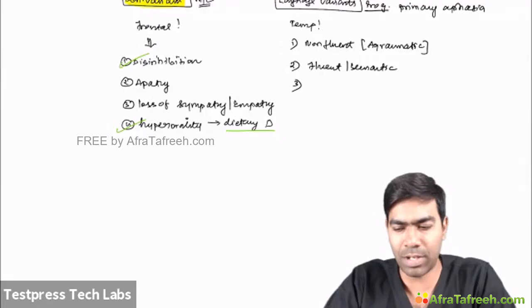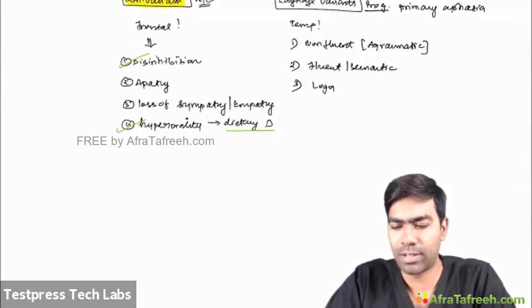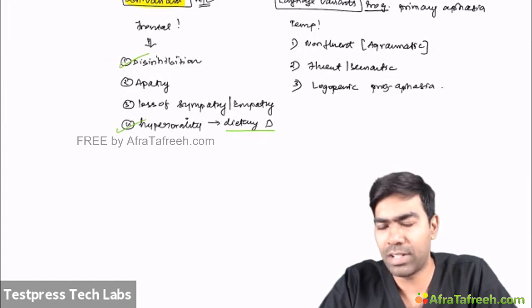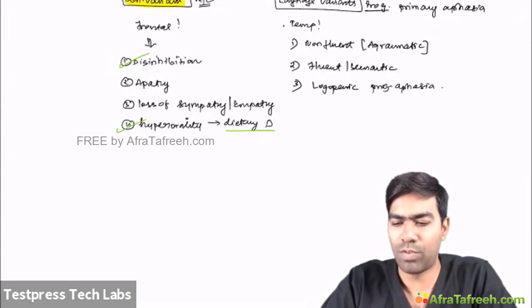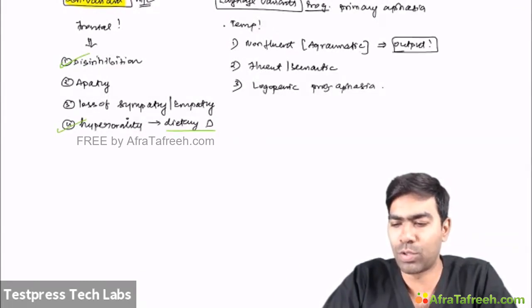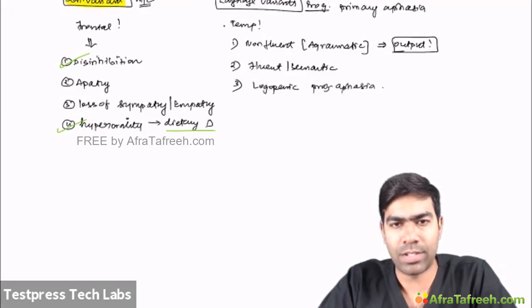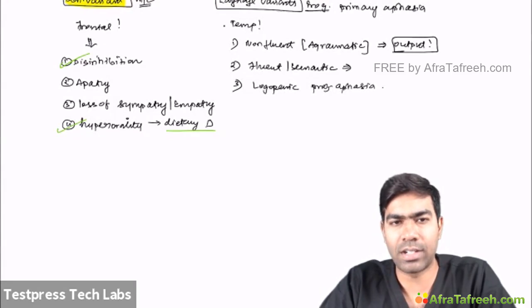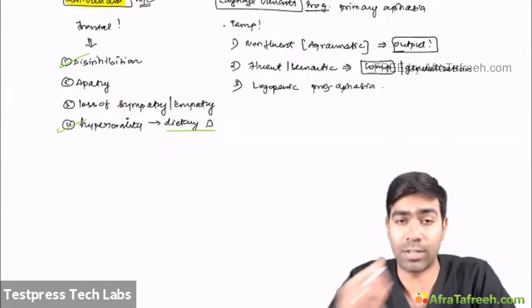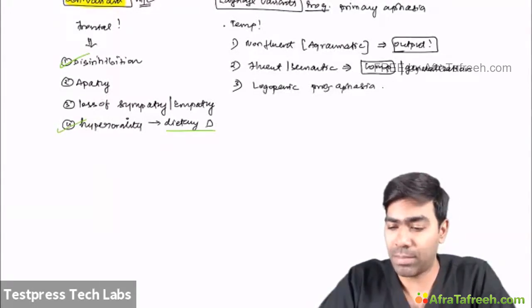Third variant, which is coming up now, is the logopenic variant, logopenic progressive aphasia. Here the main problem will be repetition difficulties and naming difficulties. So non-fluent output will be the main problem. This is the most important problem in non-fluent aphasia. As far as the semantic variant is concerned, the comprehension will be the most important problem. And most importantly, the generalization, as I told you, is going to be the key for diagnosis. At the same time, as far as the logopenic variant is concerned, the repetition loss.